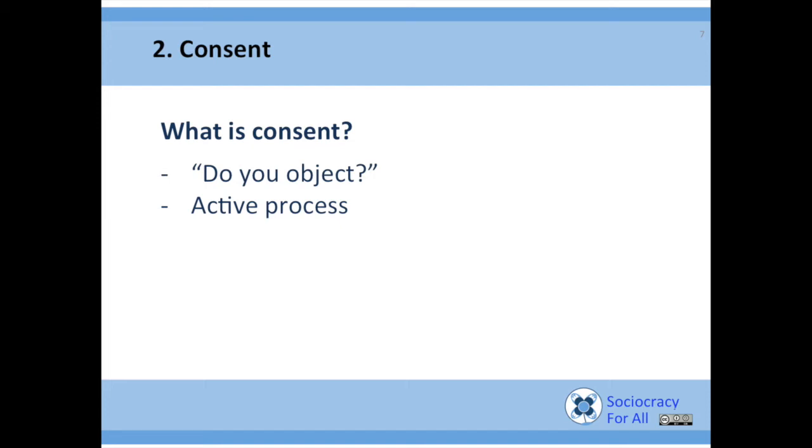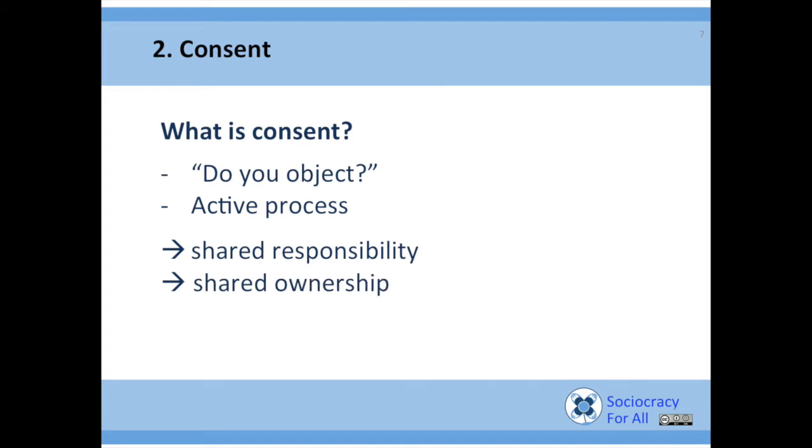So if you consent, it is an act. If you weren't silent, you actually have to say, I consent, or I do not have an objection. That means you're in the boat. So in sociocracy, we always have both ends: group responsibility and individual responsibility. And that is where, for me, individual responsibility comes into play, because you have to say, yes, I consent. You can't just say afterwards, well, I wasn't really, whatever. Because that will turn the whole thing into winners and losers, and we will see more about that later.